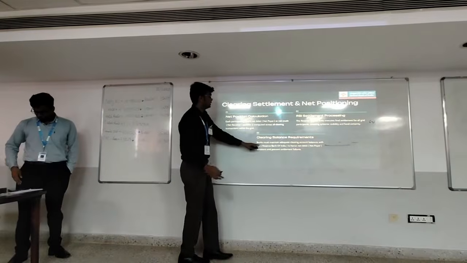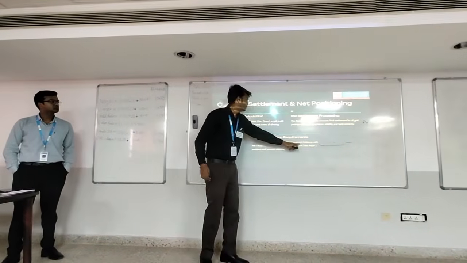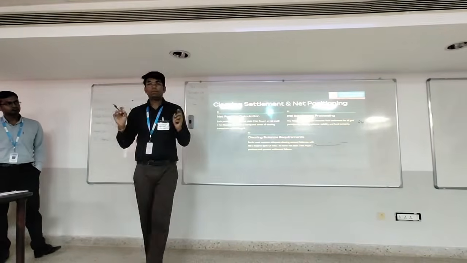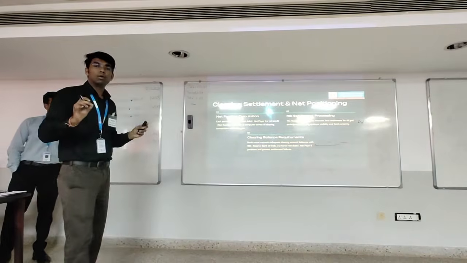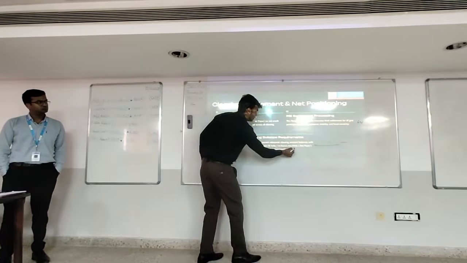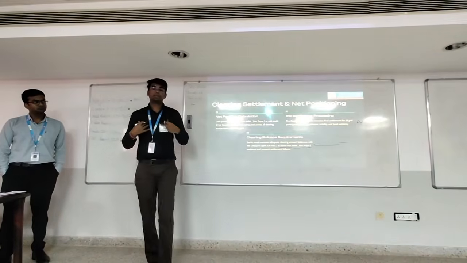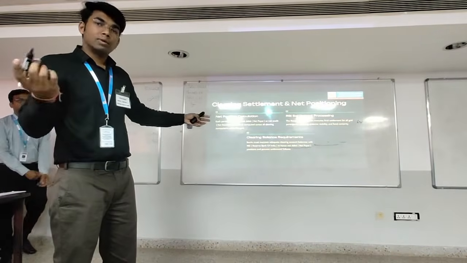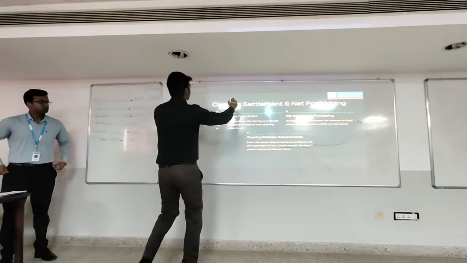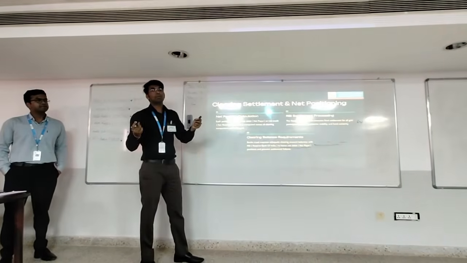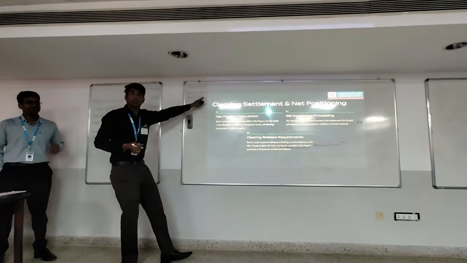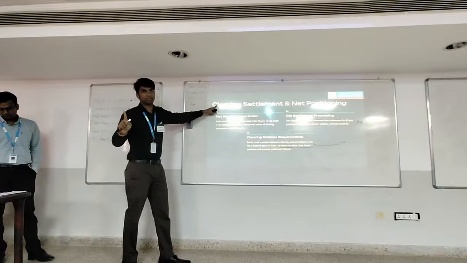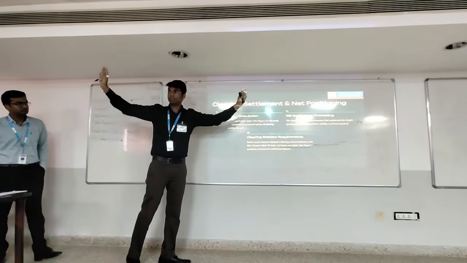Now clearing balance requirement. Banks must maintain adequate clearing balance. In each and every current account, every bank should maintain some amount to honor a debit as net payer. Suppose CBI has to give 10 lakh and he has only 8 lakh in the current account. So RBI will give a penalty to him. And the other banks, in the ideal case, will lend the money, giving 2 lakh to CBI, for which they will charge interest.